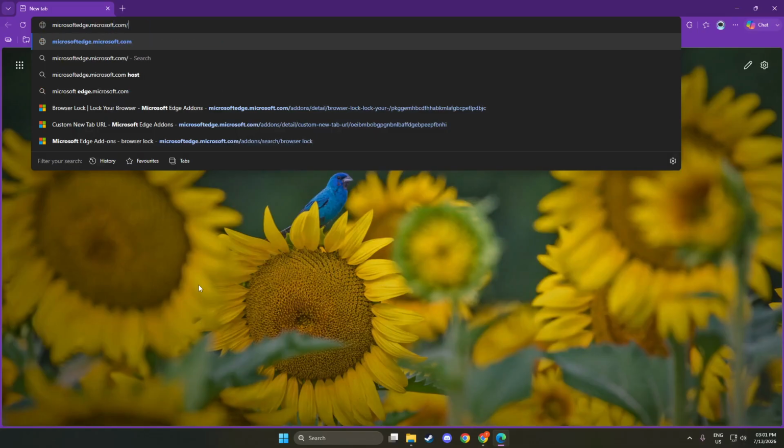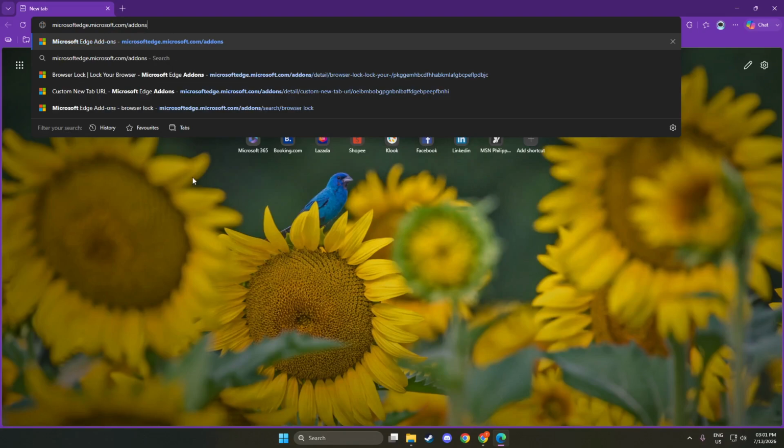If you are already in Edge, that's perfect. Just make sure you are on the main screen to proceed with the next steps. Now let's go to the Edge add-on store. For this, you will need to type the URL into the address bar. Enter https://microsoftedge.microsoft.com/addons